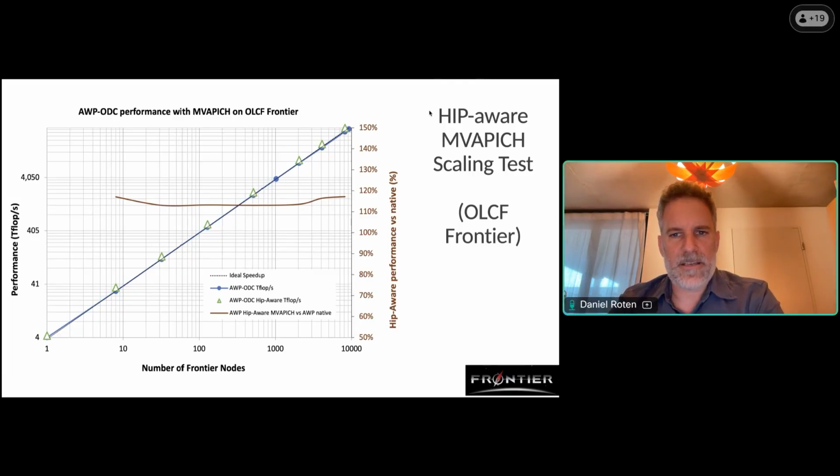So I have a quick question, Daniel. Your Frontier numbers look very impressive. You ran up to 10,000 GPUs, am I right? Yes, and that's AMD, correct. On Frontier, did you see, I mean, performance scalability is one thing. Today, earlier, we heard from Manoj about reliability and all. Did you see any issues when running these large scale simulations on Frontier?